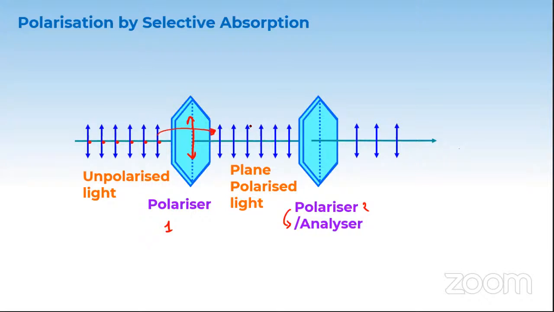Imagine I take one more polarizer and keep it in the same axis as this polarized light. I got a polarized light, and this light and the polarizing axis of the second polarizer are in the same direction, so it will completely pass all the light. Because they're in the same axis, all the light passes again. What will happen if I rotate this polarizer by 90 degrees? The polarizing axis is now perpendicular to this polarized light wave. What will happen if I keep a third polarizer perpendicular to that?